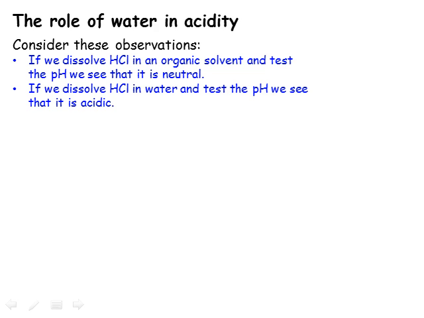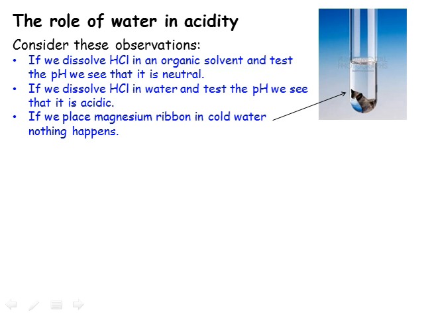Secondly, we could dissolve some hydrogen chloride in water and repeat the pH test. We'd find that the pH of the solution was acidic. The hydrogen chloride has split up and produced H+ ions. We can see when the hydrogen chloride is acting as an acid by reacting it with a reactive metal such